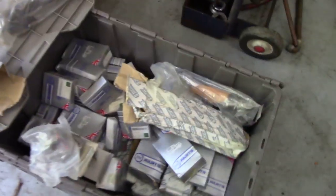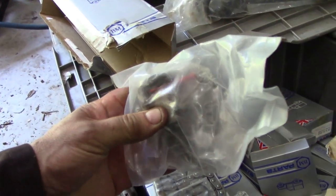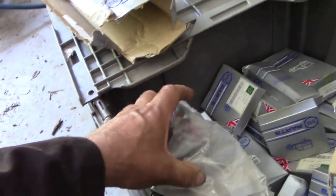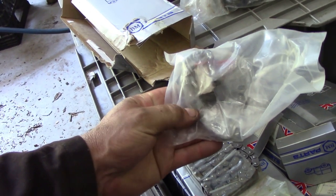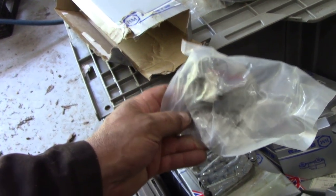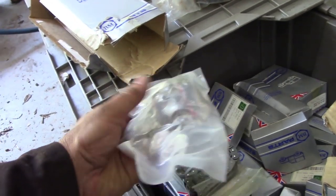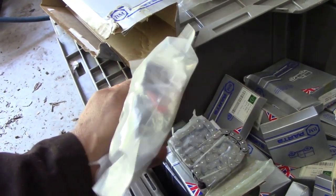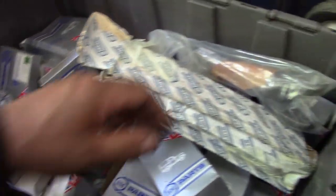These down here, this is quite interesting. These are timing chain tensioners, the modern version for 2.5 petrol engines. Now I'm not sure if they'll fit a 2 1/4 petrol because I haven't got one. But knowing Land Rover, which I do, I don't think they've altered the block, but they altered the old timing chain for something a little bit more modern. And as you can see, I've got a box full of them. Not only that,